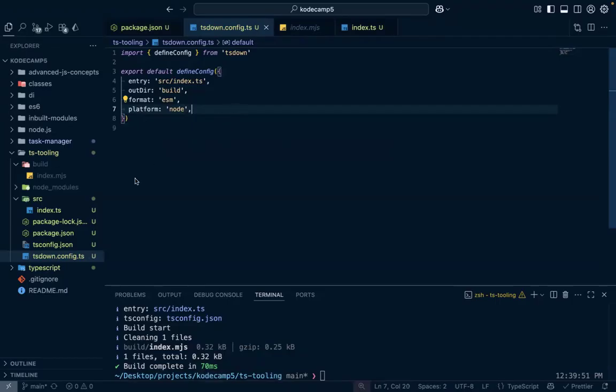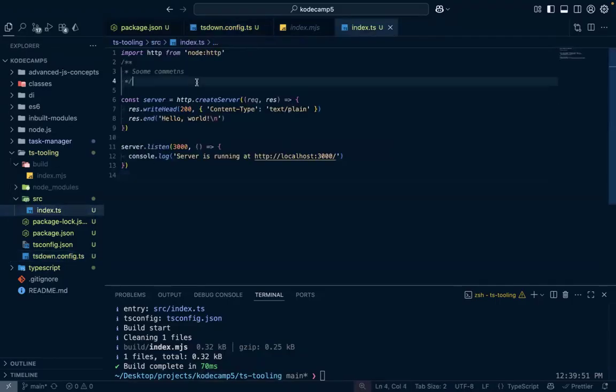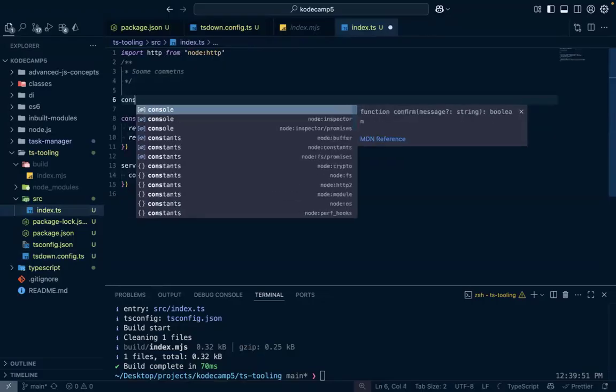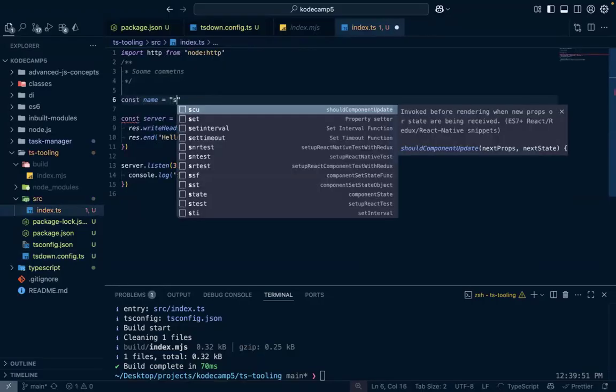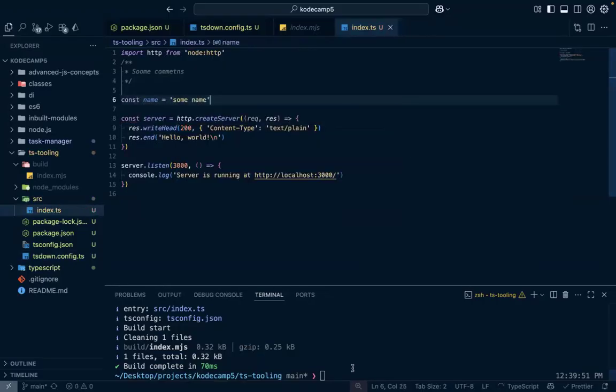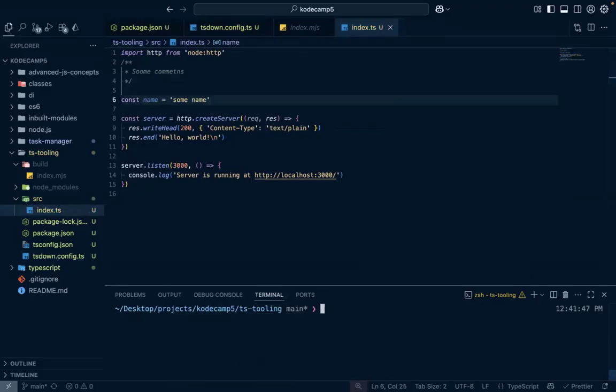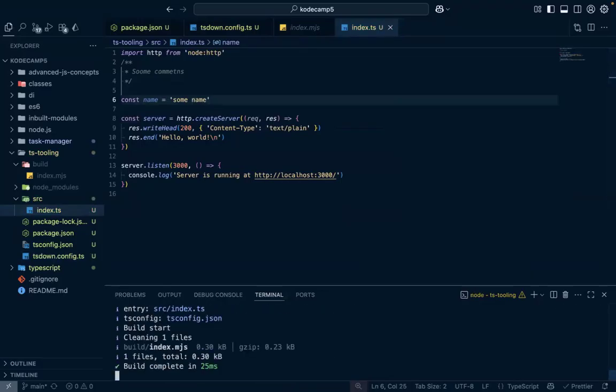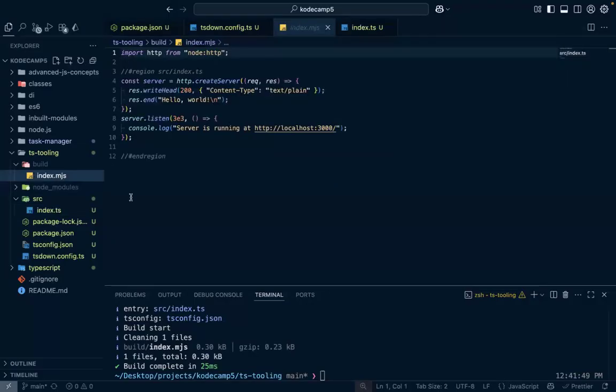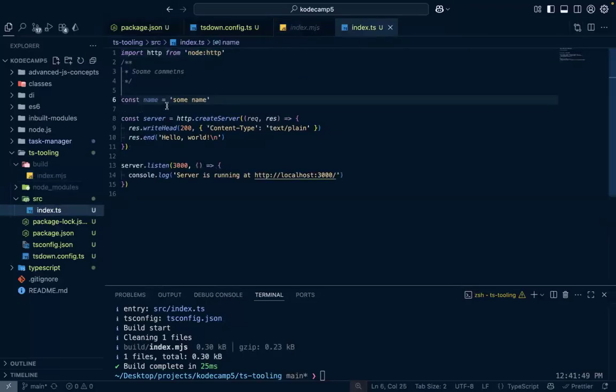Okay, so now tree shaking occurs automatically. Let me do something like const name is equal to some name. Okay, npm run build. Open this up. Can you see one surprising thing? This is tree shaking in action. There's something here that we did not use, this name here. And you can even include it here. You can say, okay,